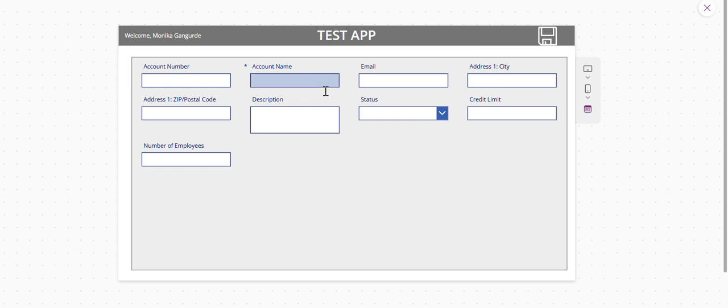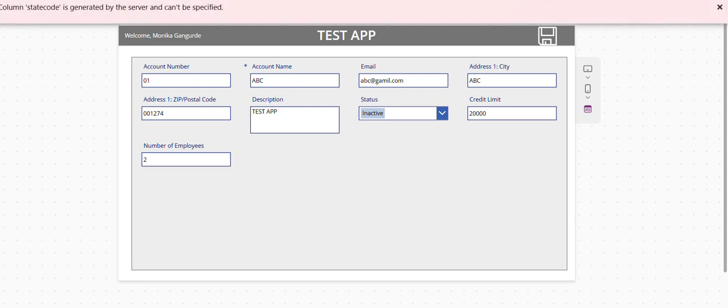Okay, then you can add data here as account number is 1, account name is ABC, email is abc at gmail.com. Okay, city is abc, code is 00120. Okay, test app. Okay, if you want to add some status is active or inactive, you can add here. Credit limits, if you want to add something like this way, and number of employees is 2, then you can click on this save button and it got saved in the SharePoint list. Okay, this is the way you can